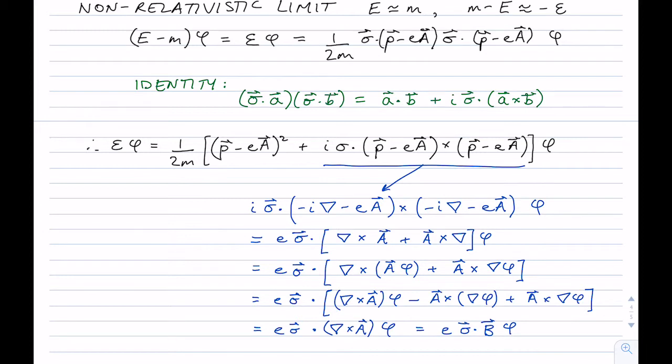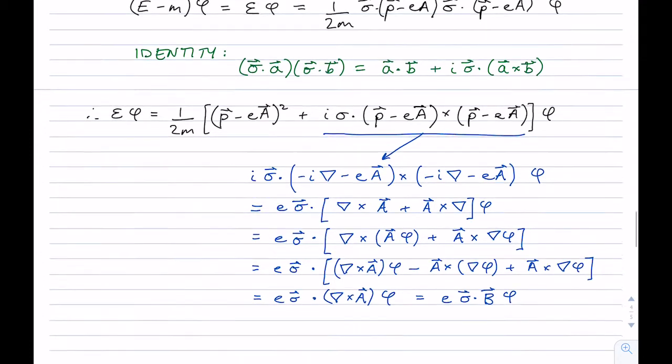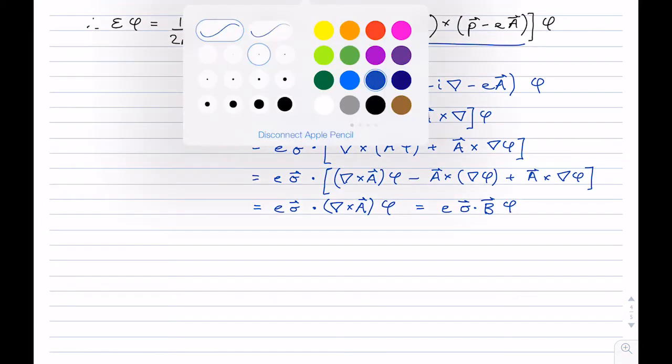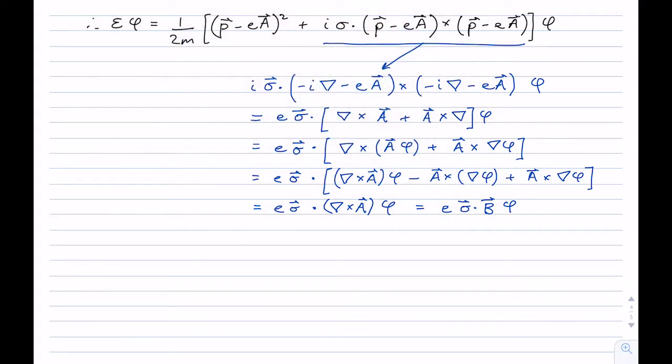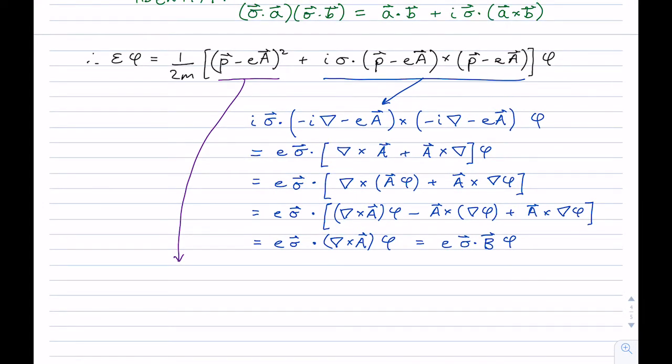We also probably want to do a similar thing for the other term, and so I guess I will pick another color again. Purple is always brilliant. So we'll take the purple one here, this guy, and work out what that one does. So P minus EA squared. I need to pick a gauge now, and so I'm just going to use the kind of curly gauge that we use sometimes. Use